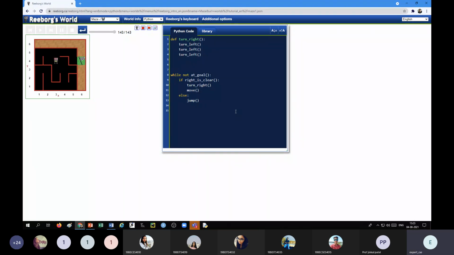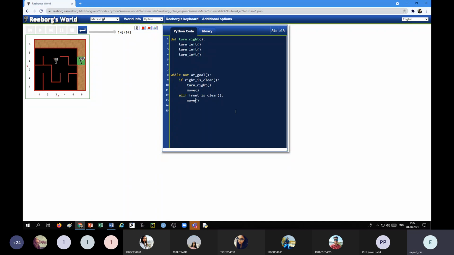Next, if it is not, then only we will think about the front side. So if front is clear, then we simply move because our head is towards the front only.